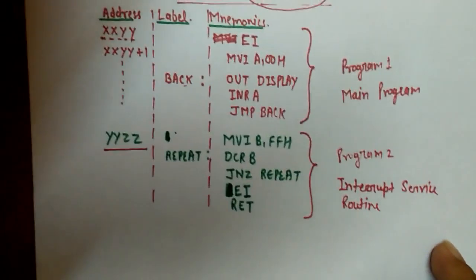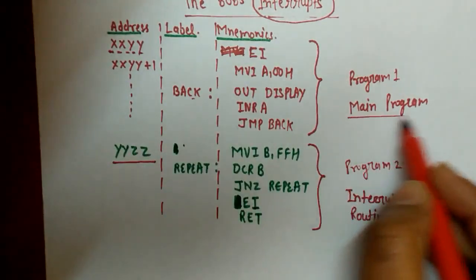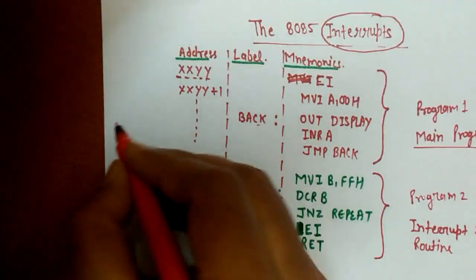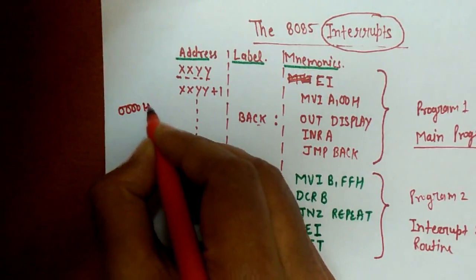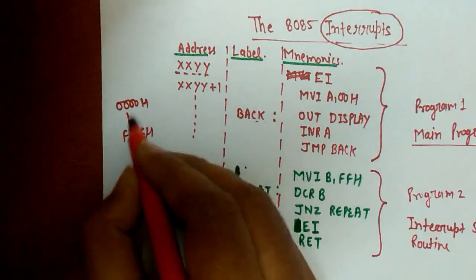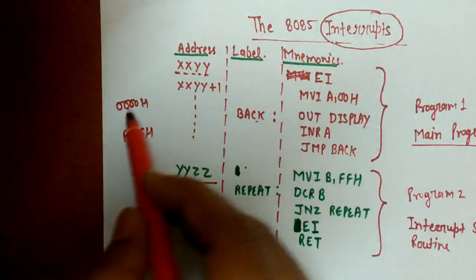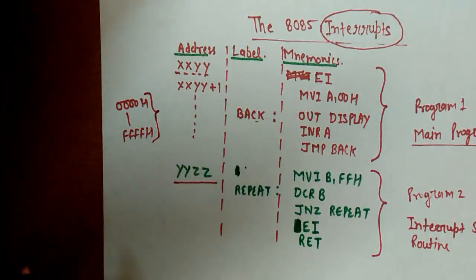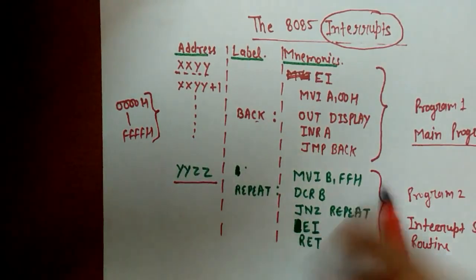Now this address, that means the address for the main program, you may write our main program at any address. That means we may write our main program from 0000H to FFFFH, provided we are not going to use interrupt. That means if you are not going to use interrupt, then you may use all the available memory space to write these instructions. But as in this program we are going to use interrupt,